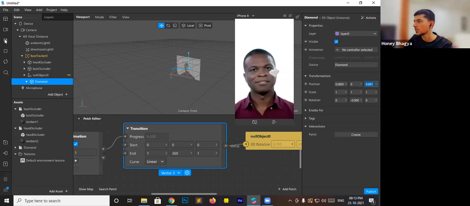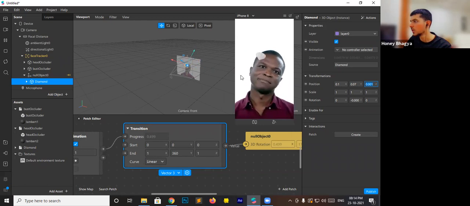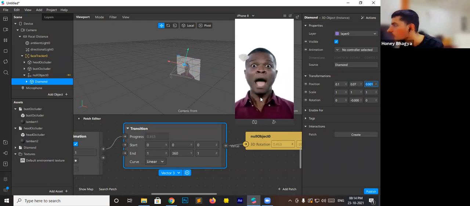Okay. Let's see. So now, as you can see, the object is moving around the head. We are going to adjust this a little bit. As you can see that the object is moving around the head, we need to adjust this a little bit more because it's kind of cutting from the right side.